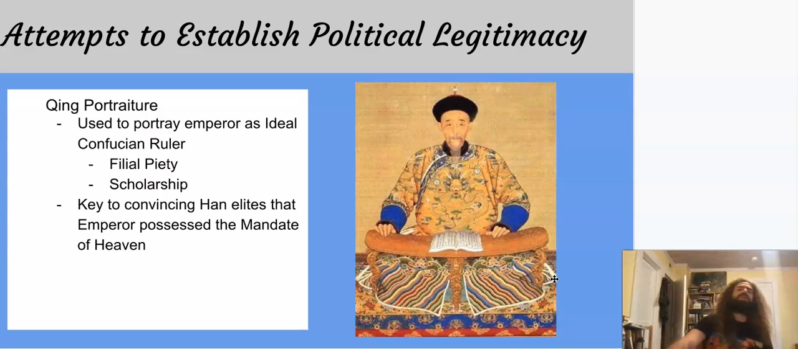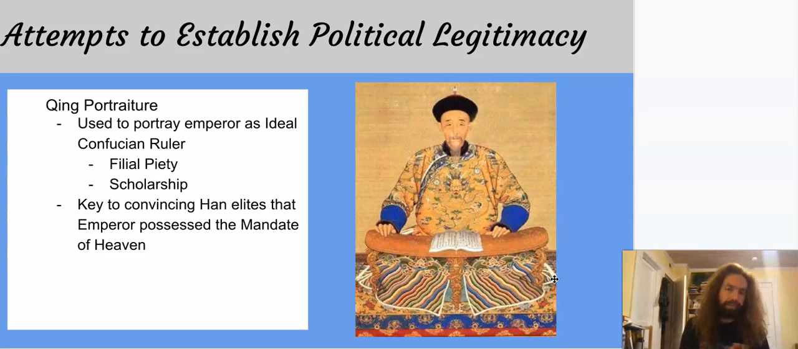So one way that the Qing do this is through a program of official portraiture. That is, using paintings of the Qing rulers to establish the Qing rulers as sort of classic Chinese Han gentlemen. So even though these guys are Manchu from the cold, lightly populated Northeast, they are nomads. They want to portray themselves as classic Confucian gentlemen. That way, all the other Confucian gentlemen that they need in order to run the country will listen to them